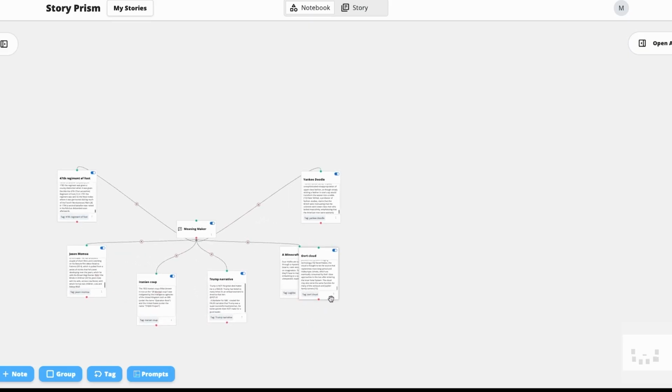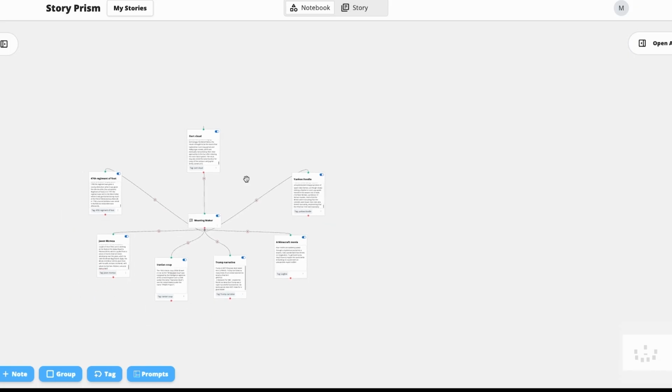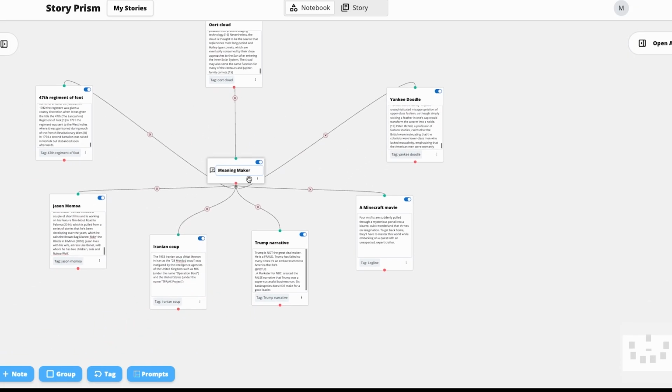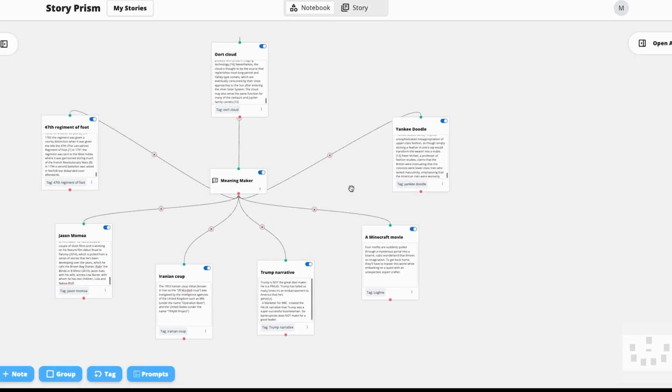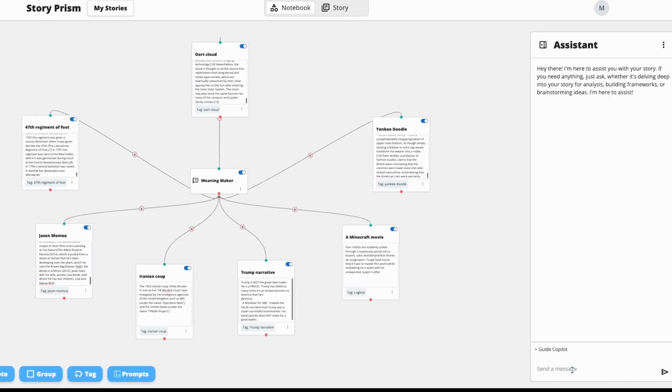Okay, so we have a lot of randomness here. A lot of different things happening. But as you can see, we're kind of trying to tie it all together in the meaning maker. So we have the 47th Regiment of Foot, Jason Momoa, Iranian coup, Trump narrative, Minecraft movie, Yankee Doodle, and Oort Cloud. Okay, maybe that's enough to get started. Let's see what the heck is going on here. Let's open up the assistant and let's see if we can come up with some meaning behind here. So, using the meaning maker, please examine all of my notes and give me the big picture